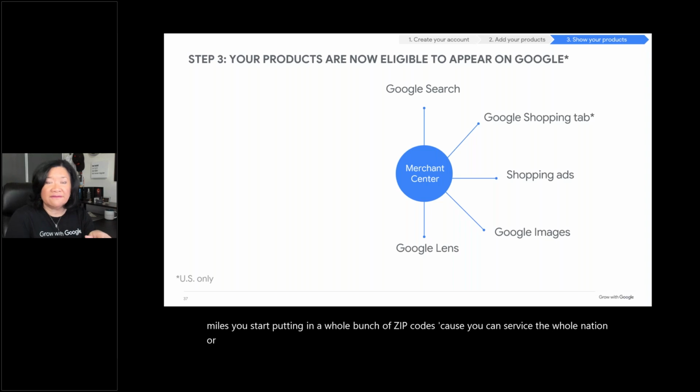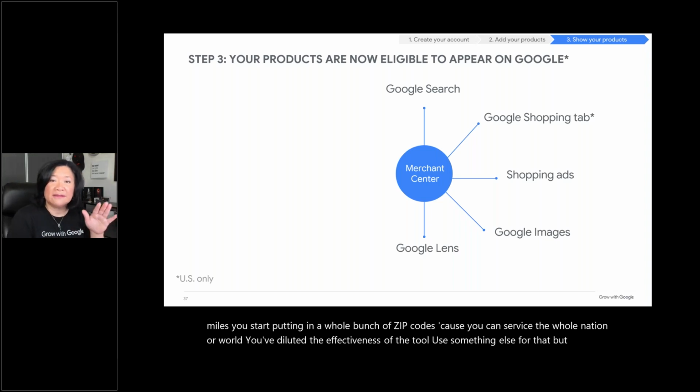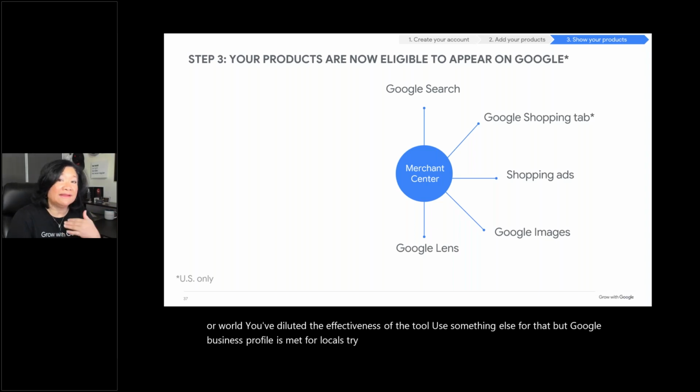You've diluted the effectiveness of the tool. Use something else for that. But Google business profile is meant for locals. Try to stay within 100 miles. I actually, best practice for the people and the businesses I work with,